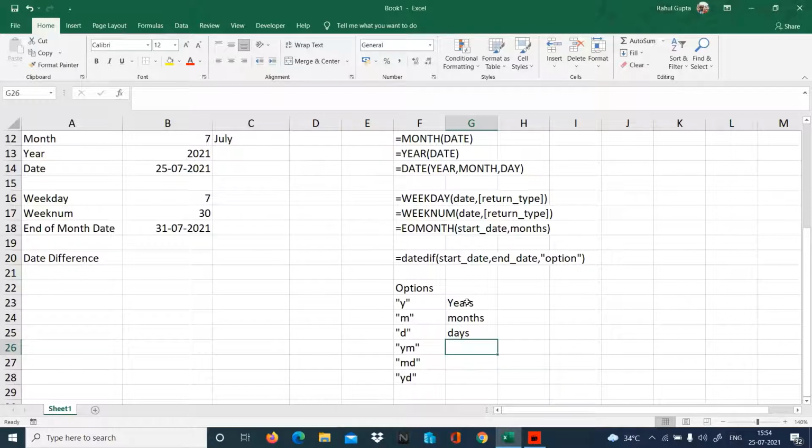than 30. So if I have to get the months which are less than 12, I'm going to use ym. What it does is take out the total number of months divided by 12, and whatever will be the remainder, we are going to get as the year months. So here we have to give years, month. And in MD, we have to get months, days. So it is going to take out the total number of days, divide it into all the months, and whatever remainder is, that we are going to get. Means it's always less than 30.